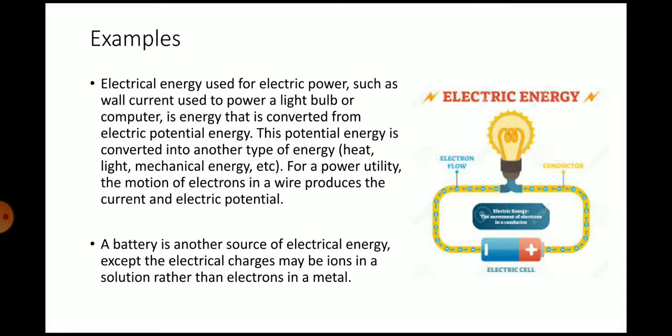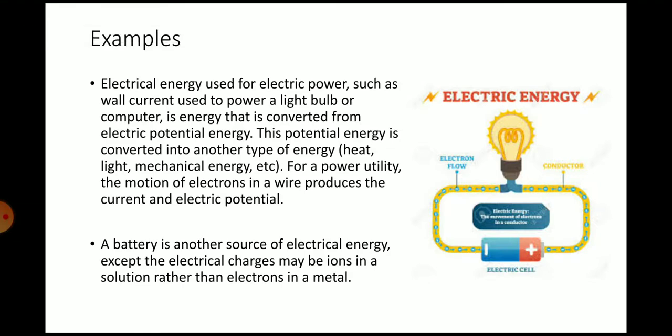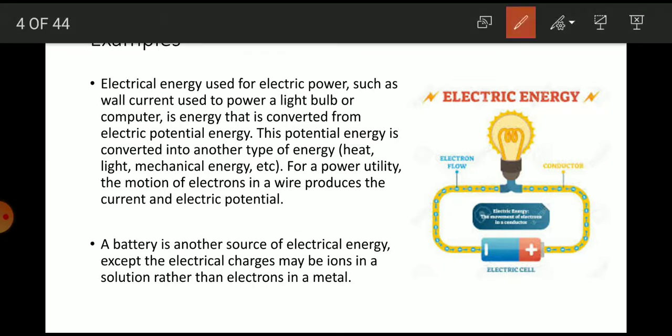Now, example. In this circuit, a cell is connected. So electrons flow from the negative terminal to the positive terminal. When electric current is flowing, the electrical energy is converted into heat energy and light energy by the electric bulb. Electrical energy is used for electric power, such as